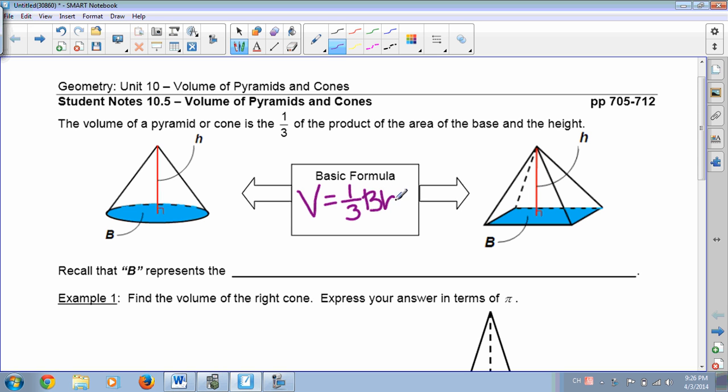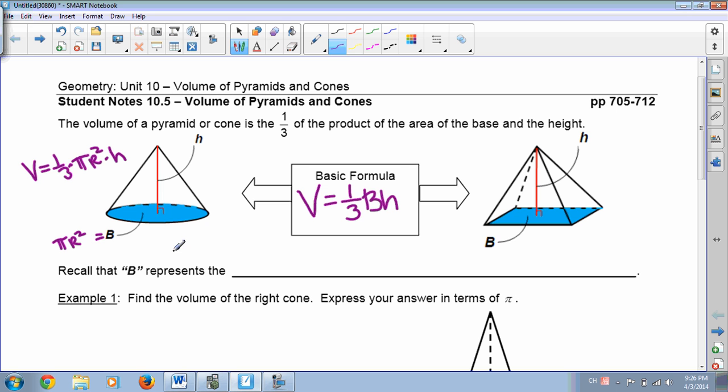big B times H. And this is the formula that's on your formula chart. Again, with cones, the base is a circle, and the area of a circle is pi r squared. So the volume of a cone would be 1/3 area of the base, which in this case would be pi r squared